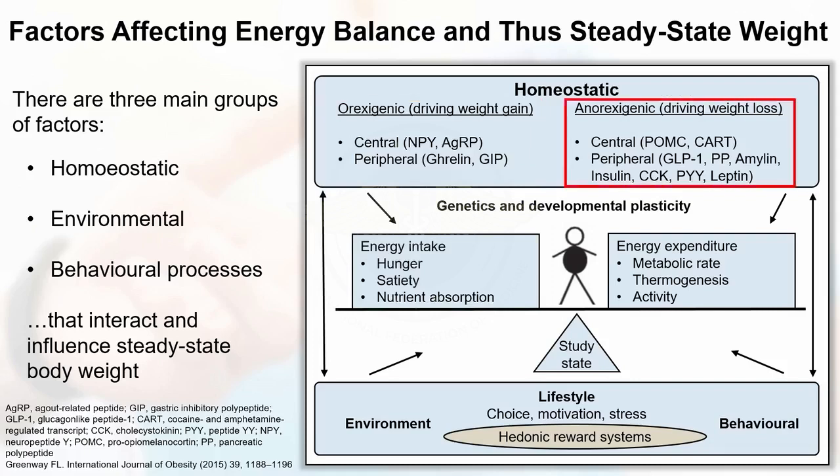Now, coming to the other population of neurons in the hypothalamus, the POMC, which is also known as pro-opiomelanocortin. This set of neurons drives weight loss, right? And the hormones driving weight loss, we all know: GLP-1, amylin, insulin, cholecystokinin, PYY, and leptin. Leptin I explained. I'll also explain GLP-1 here because it's important